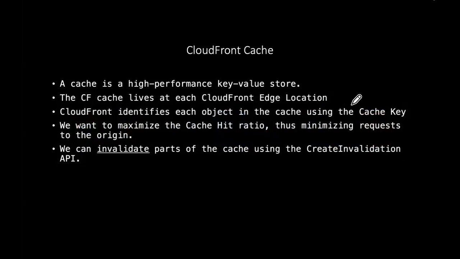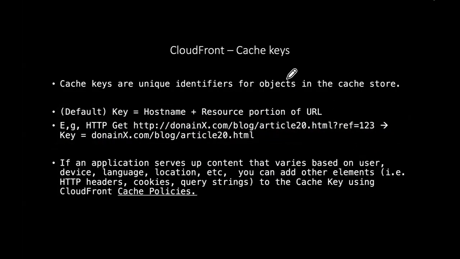So I have the cache keys. Just a little bit about the internals of the cache. We know that essentially a cache is a key value store. And so the question is, what are the keys in a CloudFront distribution edge location server cache? Well, the keys are actually determined from the request that the browser is making. By default, the key is comprised of a concatenation of the host name, which in our case was